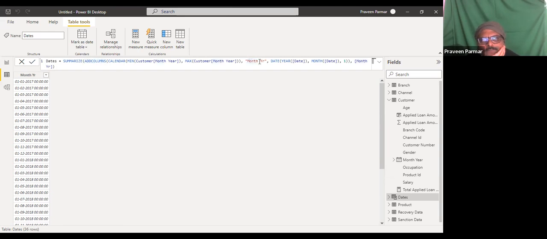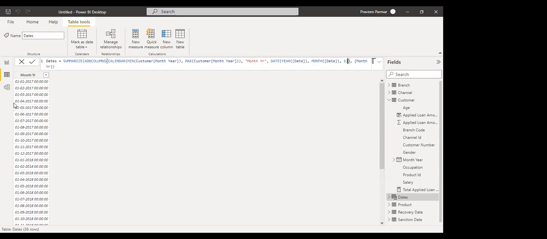In that, I use the date function, where for the year I take the date's year only, and the month date I take the month, and the one is for the first day of a month. First day of every month.